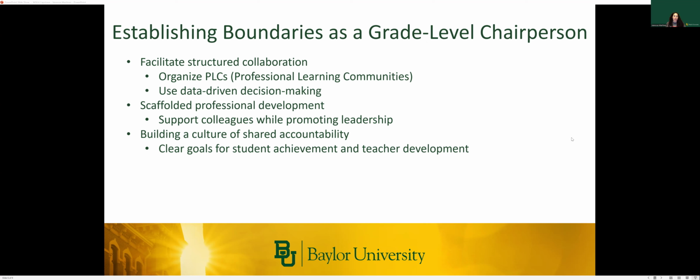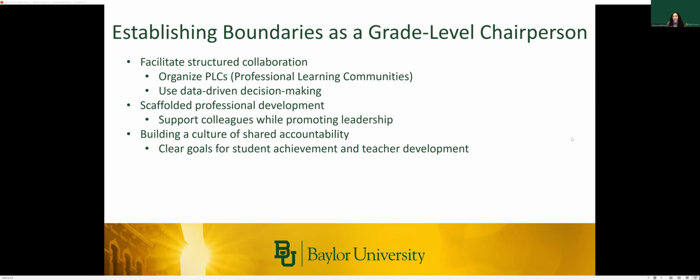Just the way I do with my students, I also do it with my staff because every individual is different and every individual has a different personality and learns differently. So I also scaffold the professional development that I offer my teachers. I guide our teachers through skill development while gradually encouraging them to also take on leadership roles within their classroom, within our grade level, and our campus.